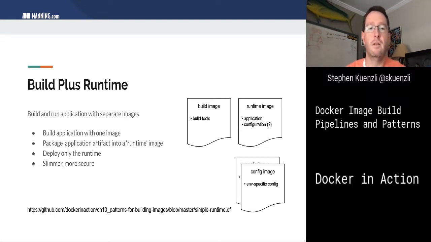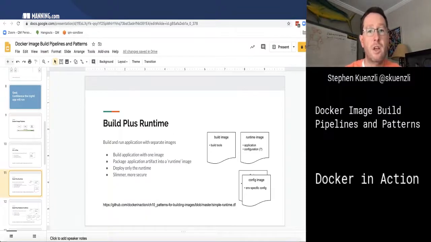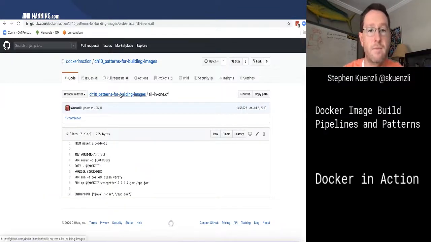There's no inheritance going on there. So we're going to build the application with one image, and then we'll package the application artifact into a runtime image. And this makes it so that we can deploy only the runtime, which is going to be a little slimmer and more secure. So first off, let's take a look at